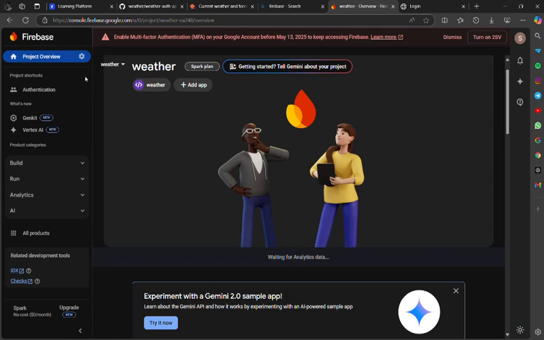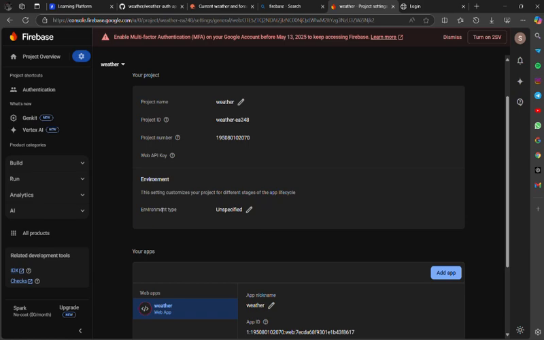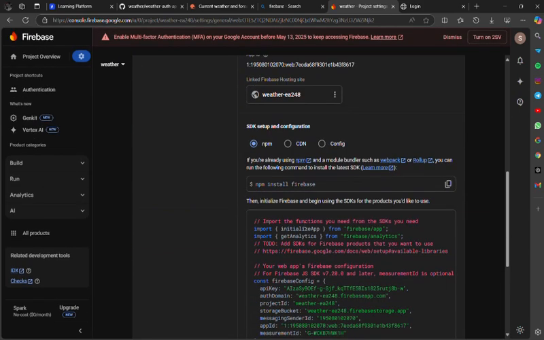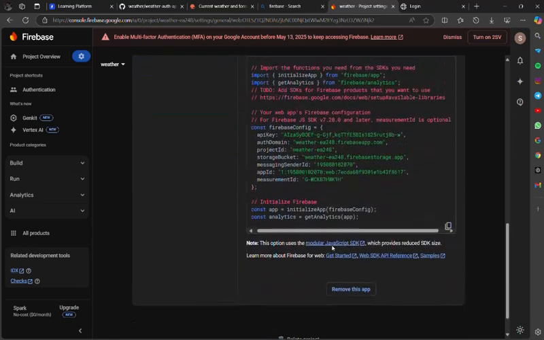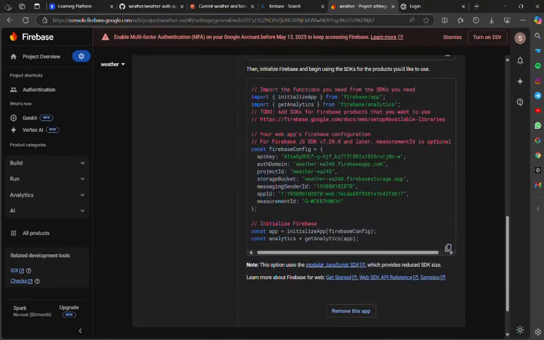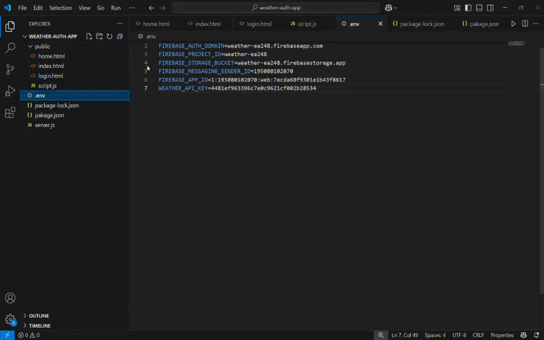So first you have to create your project, and then go to project settings, and then you have to enable your apps like this. And after that, you can replace all the API key, auth domain, project ID, and storage bucket in the .env file. So you can replace all the info there in the .env file. And then